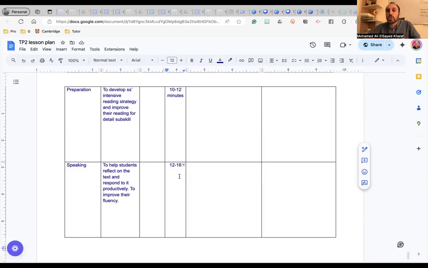Start. Once you display your PowerPoint on the screen, I start the 45 minutes and you need to start the 45 minutes as well. And this is a golden piece of advice because this will help you